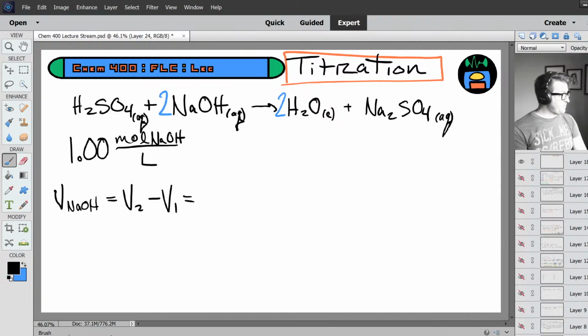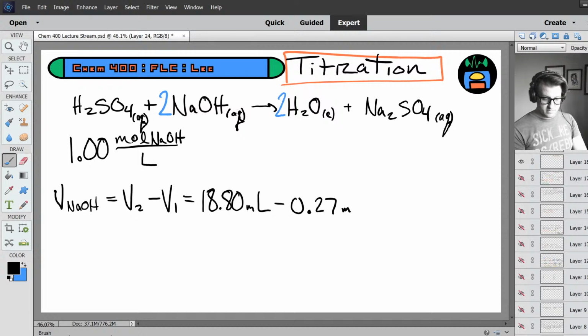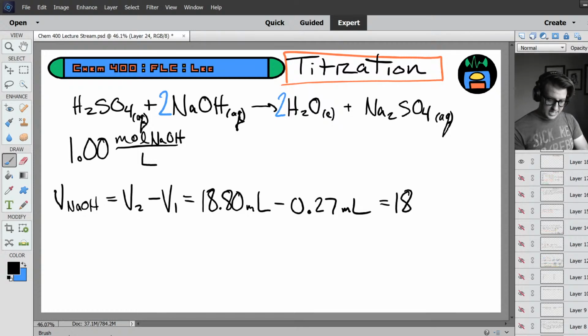Our volume delivered is the difference between the final and initial. So the final reading was 18.80 milliliters. The initial reading was 0.27 milliliters. When I take this difference, 18.8 minus 0.27 comes out to be 18.53